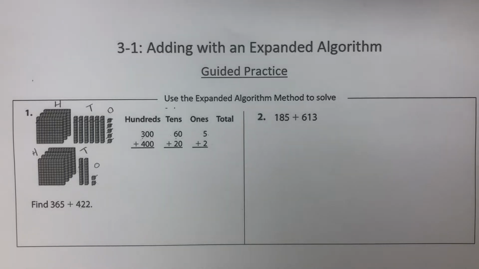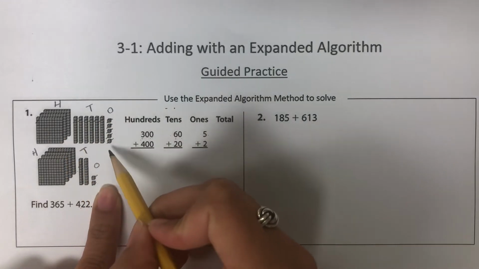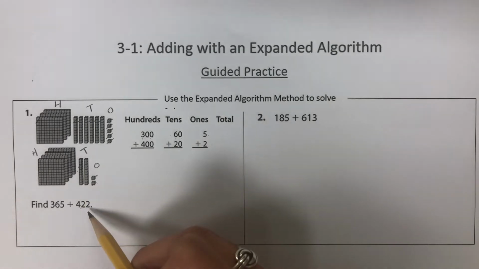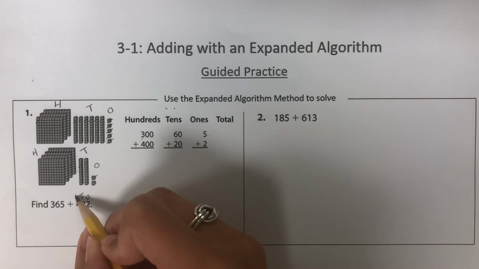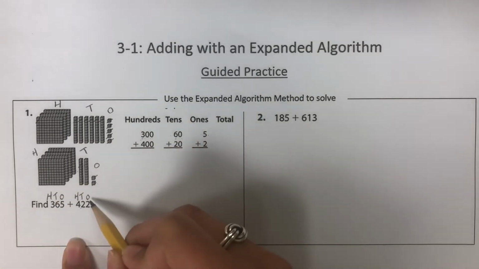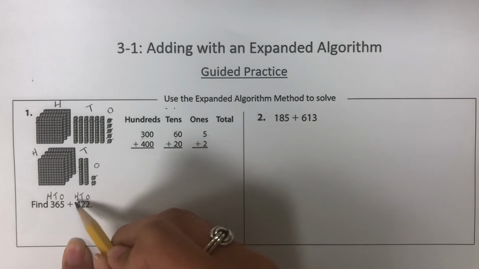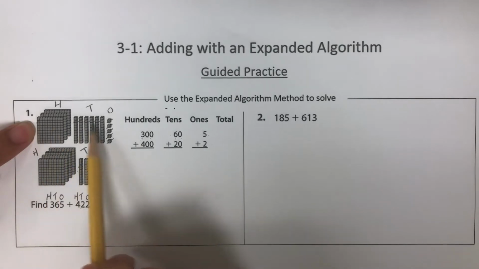All right, boys and girls, this is lesson 3-1, adding with an expanded algorithm. And I've already labeled my base 10 blocks here, okay? And I'm going to go ahead and do the same thing for my numbers. I'm going to put the place value friends above each digit in my two numbers. I'll be starting off with the ones place, so we have our ones, tens, hundreds, okay? And at the top, I have this number,